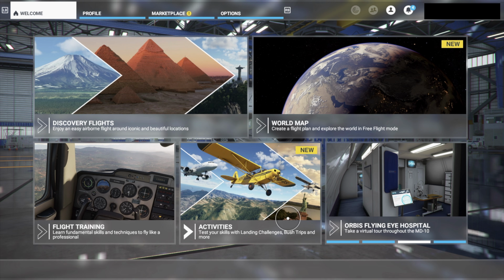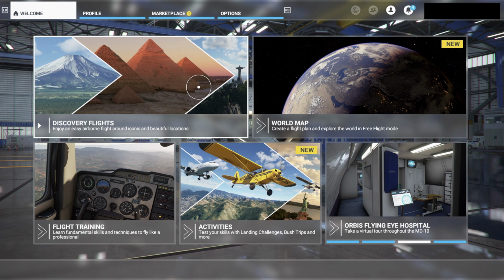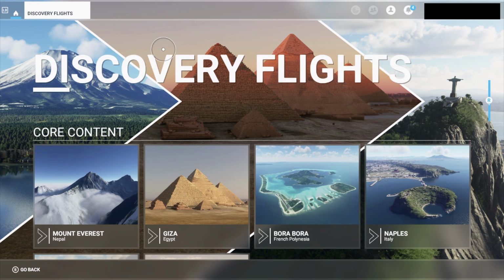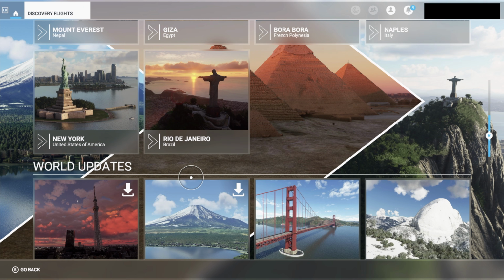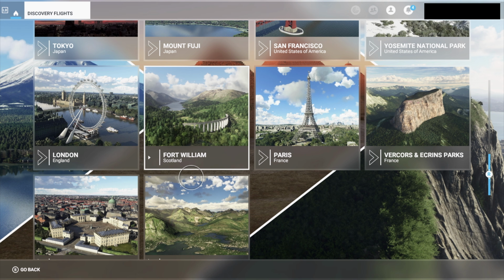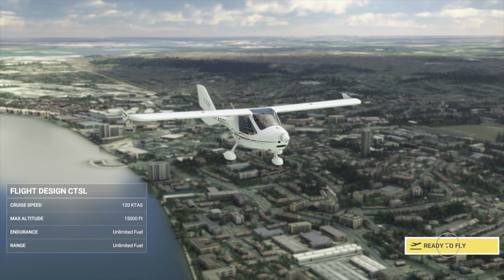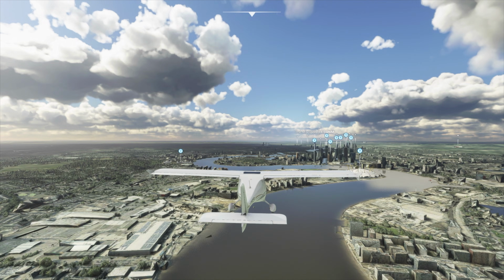The first option is to try the discovery flights, which can be accessed via the main menu or by pausing the game at any time. Here there are several experiences that are included as part of the initial download of the game, and several more which you can download. By clicking on one that you have already downloaded, you will start that flight already in